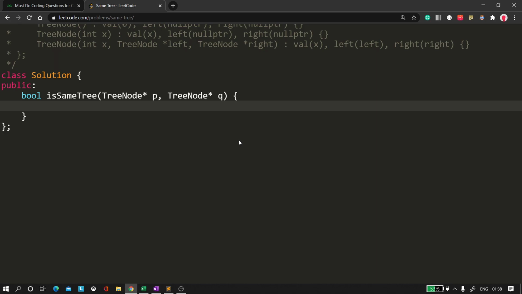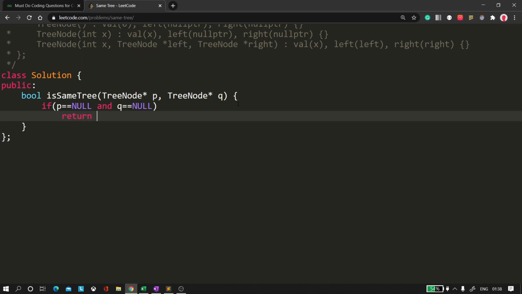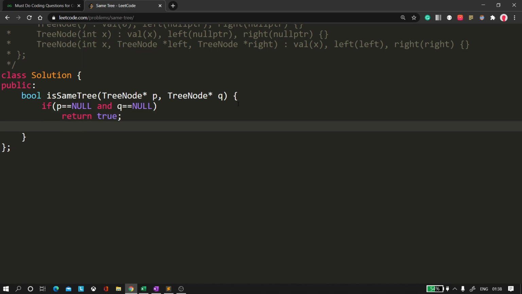At first I would be checking whether, okay, if P is equal to null, it means that we are given one tree as a null tree, and also if the other tree is also null, we simply return true, because if both trees are null then they are identical.